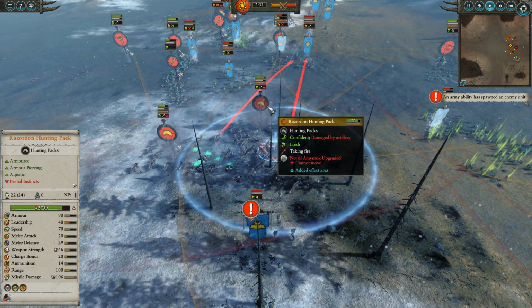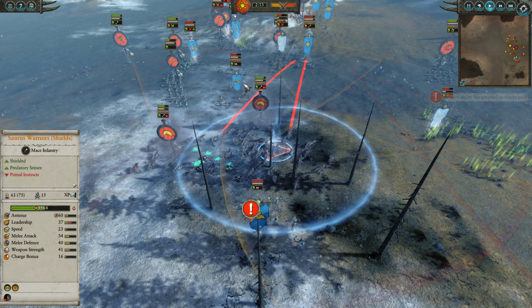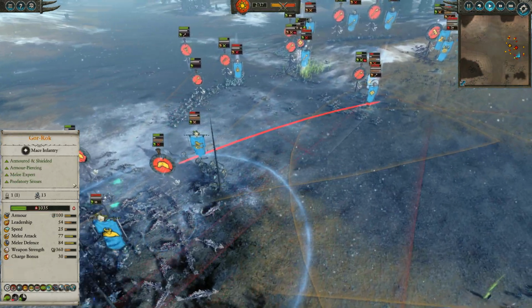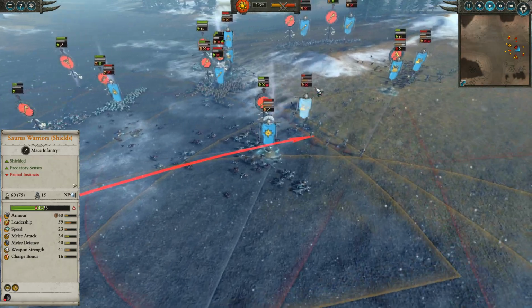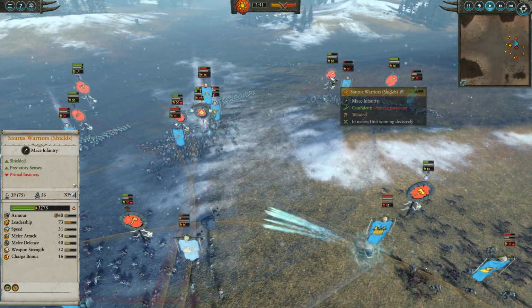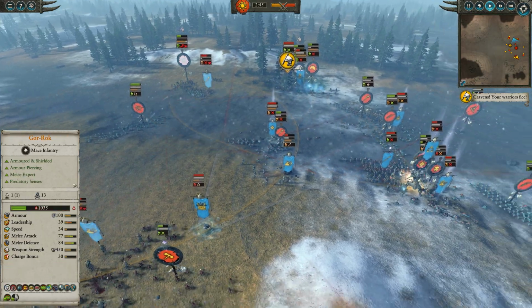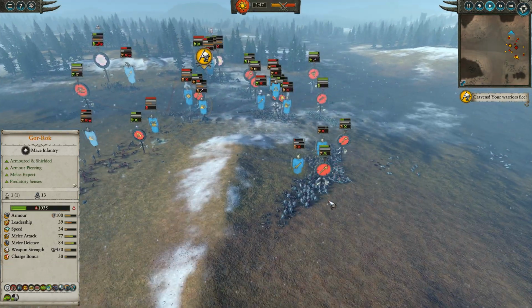Absolutely shredding these Razordons here that have been netted. I am able to get some pretty good counterfire on those Ushabti Greatbows, though, and just about take them down. We've also started to overrun into the second line with the Chevron Saurus. Despite the damage from the caskets, I was initially very worried because I thought all these Saurus were just going